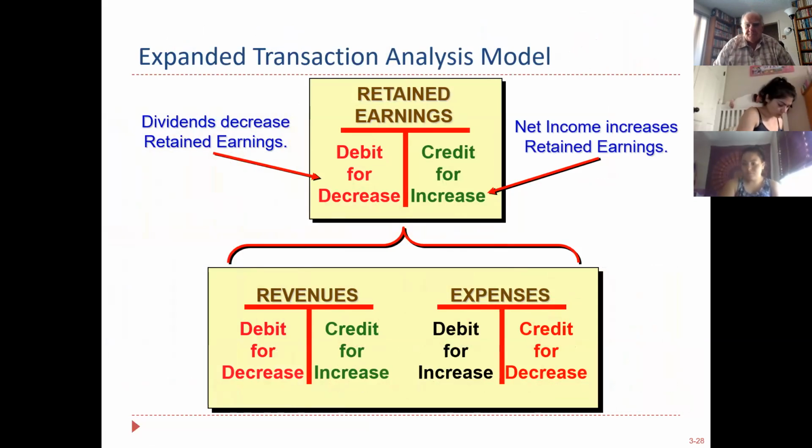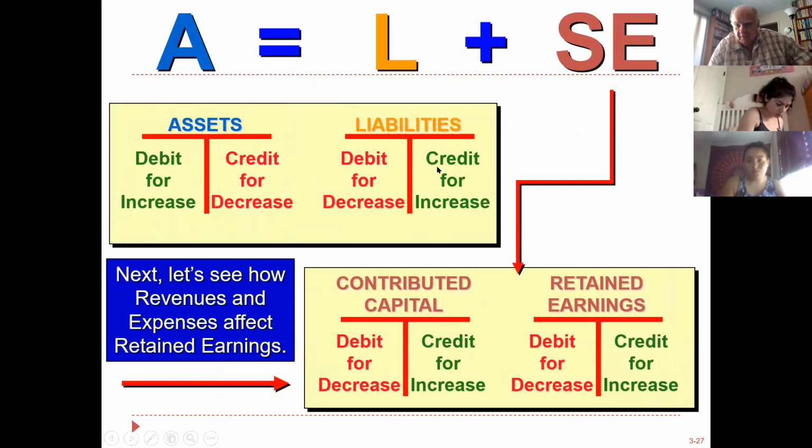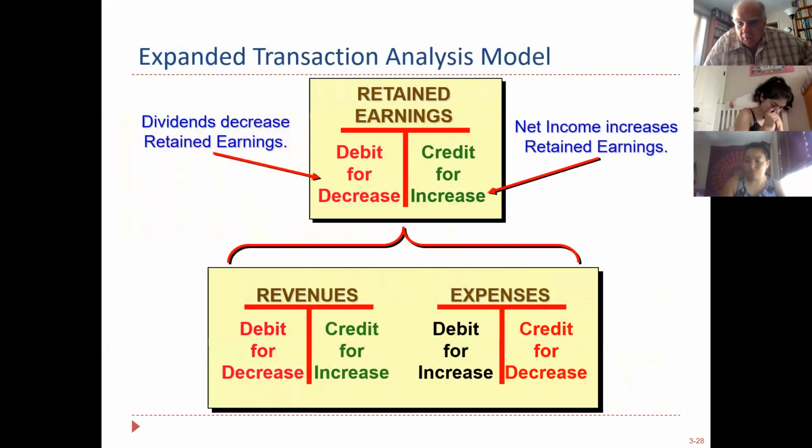Look at this now, please. Retained earnings is a part of equity. We know that, right? Retained earnings is part of equity, along with contributed capital. So, of course, equity has a credit balance. We should know that from the prior slide here. Assets or debits or liabilities and equity, all components are credits. So please take a look at the bottom here, revenues and expenses. Revenues are increased with a credit. Expenses are increased with a debit, okay?